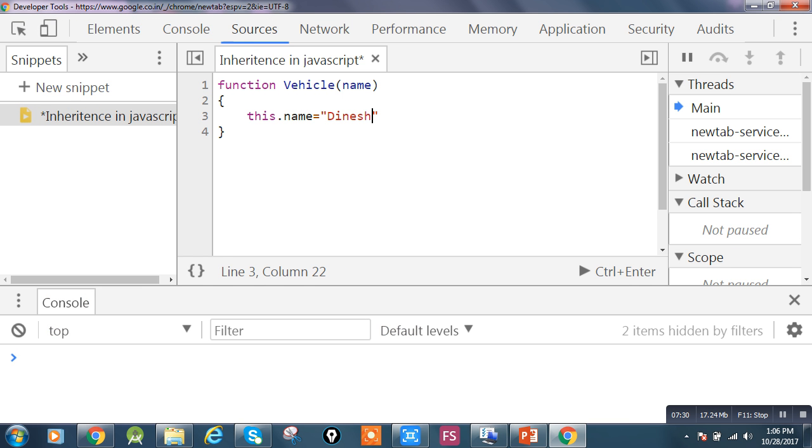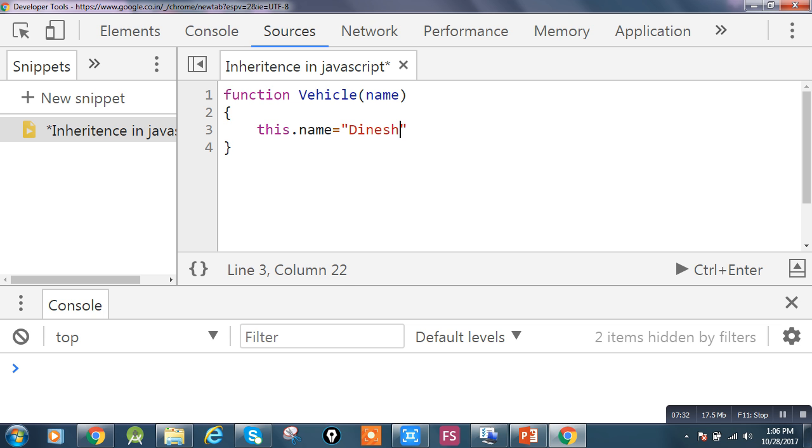So this is the calculate average function, implementing the body of the function. I'm just returning anything.